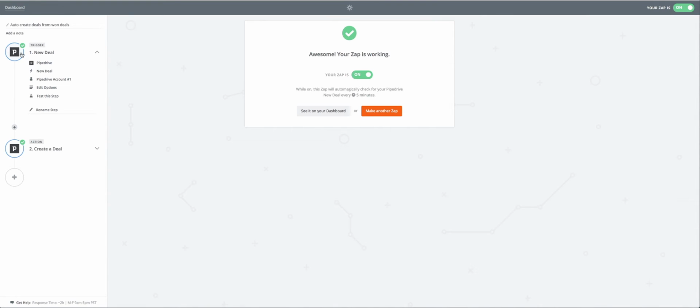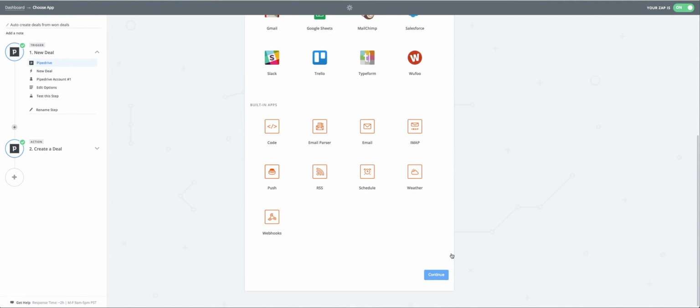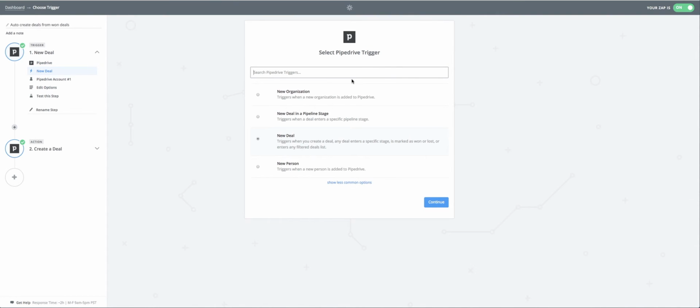There'll be a plus sign here, so you would click on the plus sign and then choose Pipedrive. And then you choose the trigger app, that's Pipedrive, and then you hit continue. And then in this case here, it will choose new deal, so it will trigger whenever you create a new deal, any deal enters a specific stage, a deal is marked won or lost, or enters a filtered list. So you hit continue,